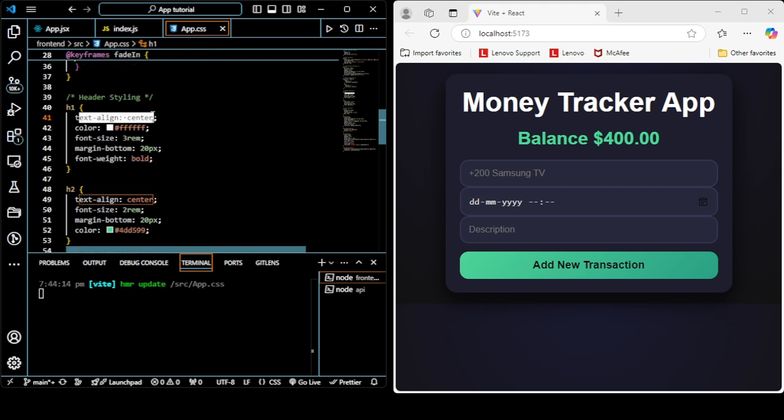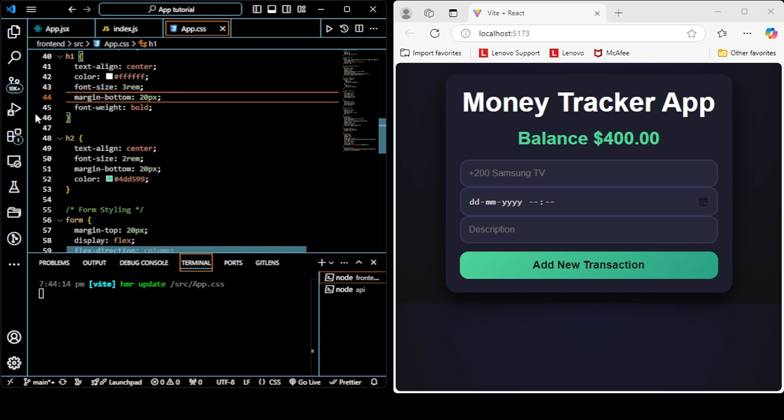Text align as center, and color as white, font size as 3 rem, margin bottom as 20 pixel, and font as this, then